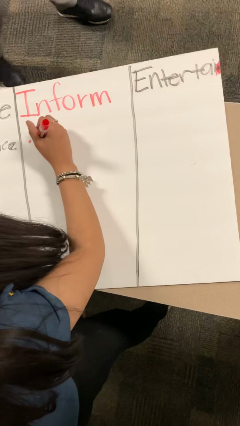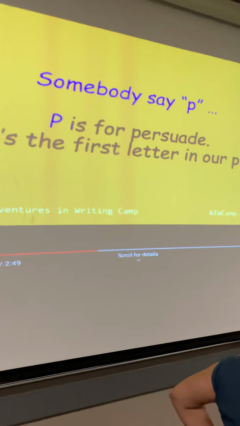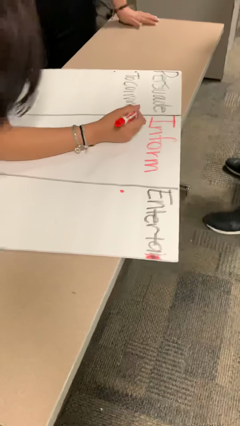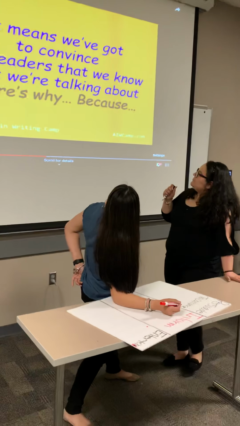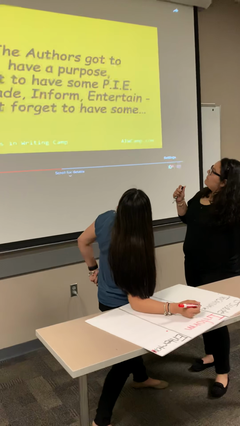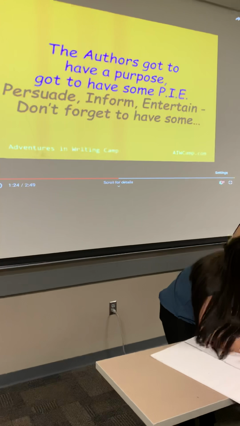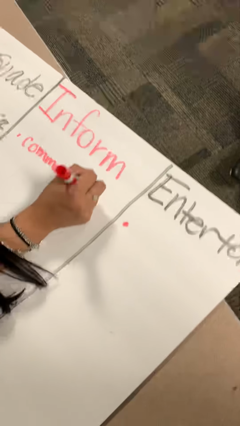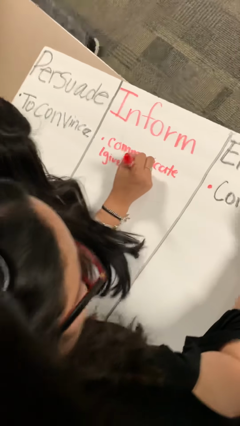I must choose my words carefully. It's the only way to explain. Somebody say P. P is for persuade. It's the first letter in our line. It means we've got to convince our readers that we know what we're talking about. Here's why. Because the author's gotta have a purpose, got to have some light. Persuade, inform, entertain. Don't forget to have some